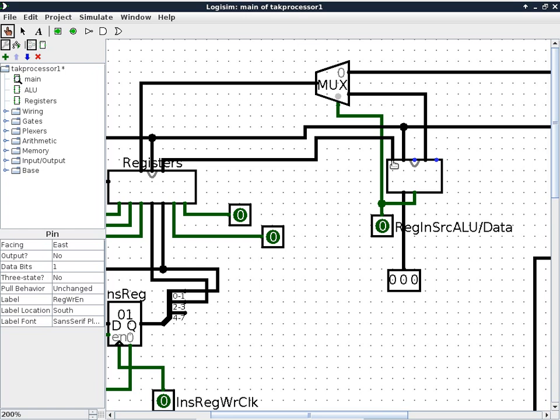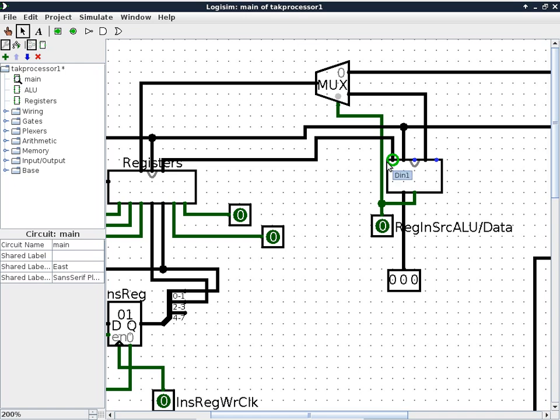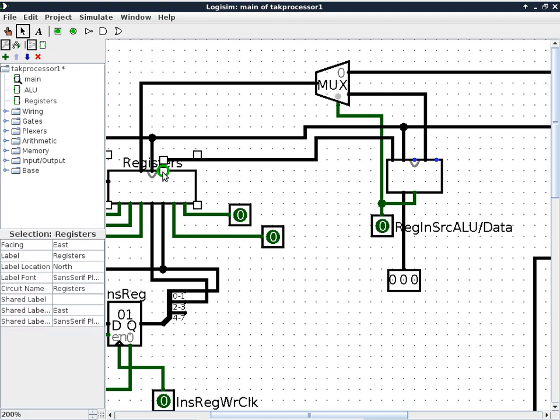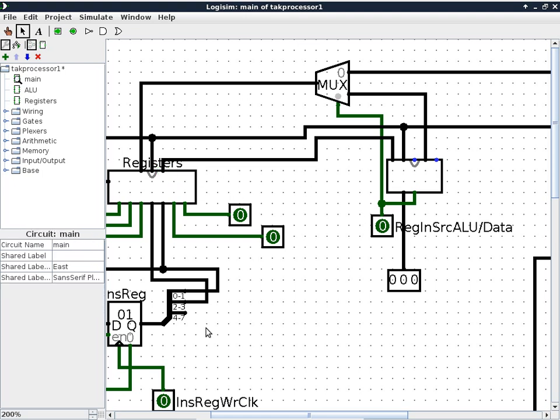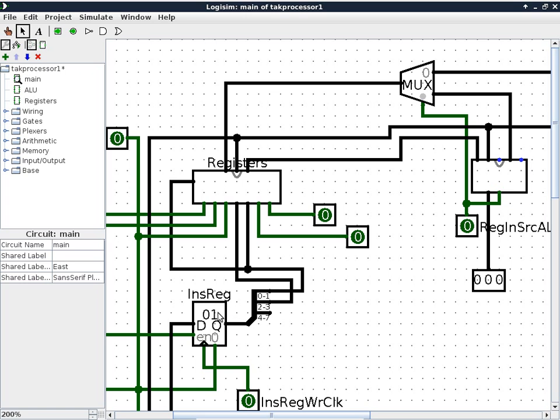So you look at this port here. Let me switch back to the selection tool. It's data in 1. This is data in 0. So we can use one register to specify D in 0, and the other register to specify D in 1. D in 0, if you follow this trace here, comes from output port 0 of the register bank. The other one, D in 1, comes from output port 1 of the register bank. So what we need to do now is to change the instruction register so that bit 0